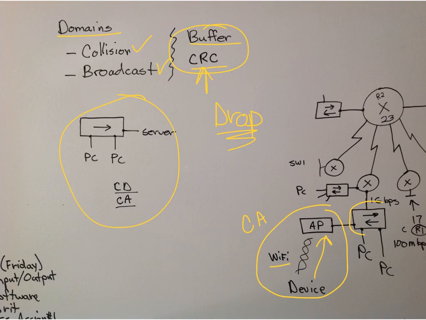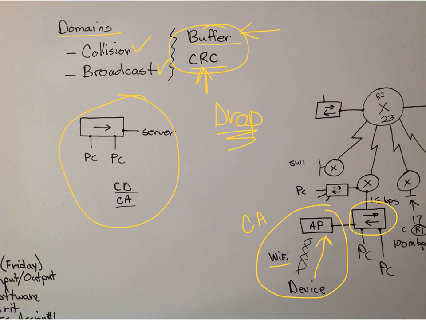Switches though now, you don't have as many issues with collision domains because they buffer the information. They can buffer and store it and then send it out the ports, or if it's cut through, it sends them out right away. Okay,